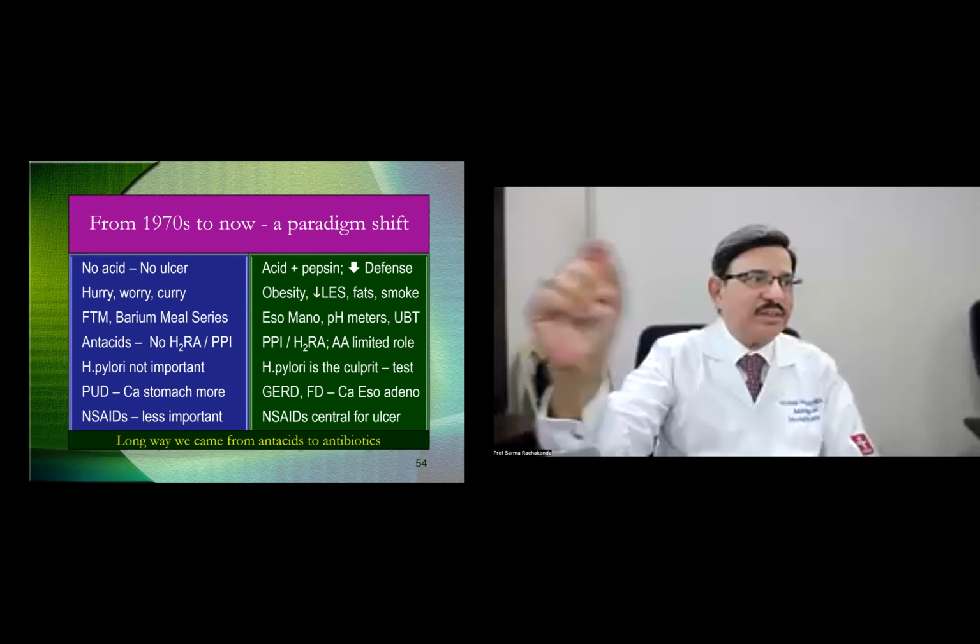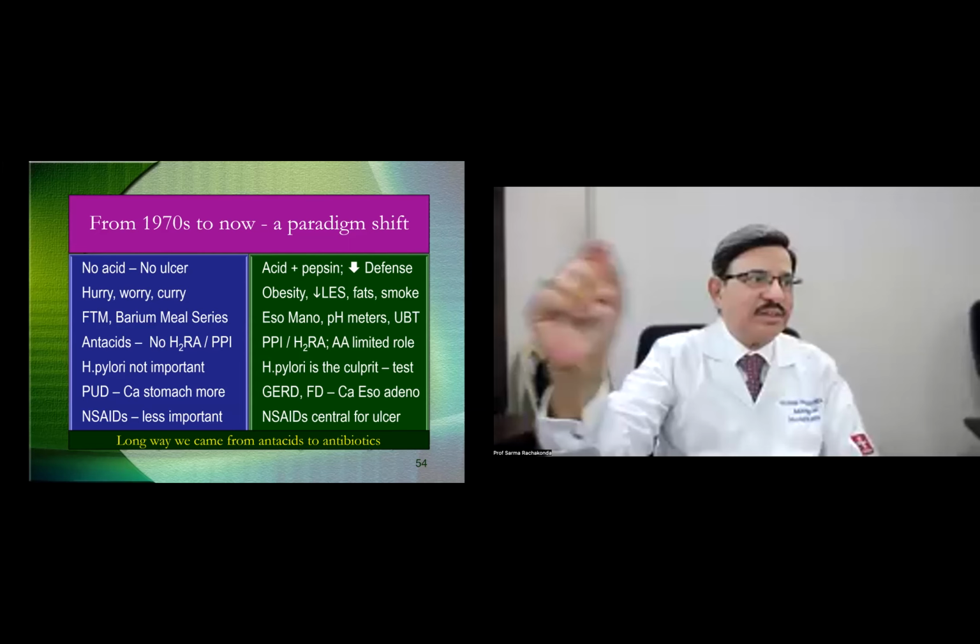You mix up the paste and ask them to swallow. The barium goes through the GI tract. Take pictures at 5 minutes, 15 minutes, half an hour, 2 hours, 6 hours, 12 hours, 24 hours, following the barium through the whole GI tract. And then indirectly, it could be an ulcer, it could be that. No one knew gastritis, H. pylori, no one knew chronic gastritis, except a little indentation, ulcers and all that.